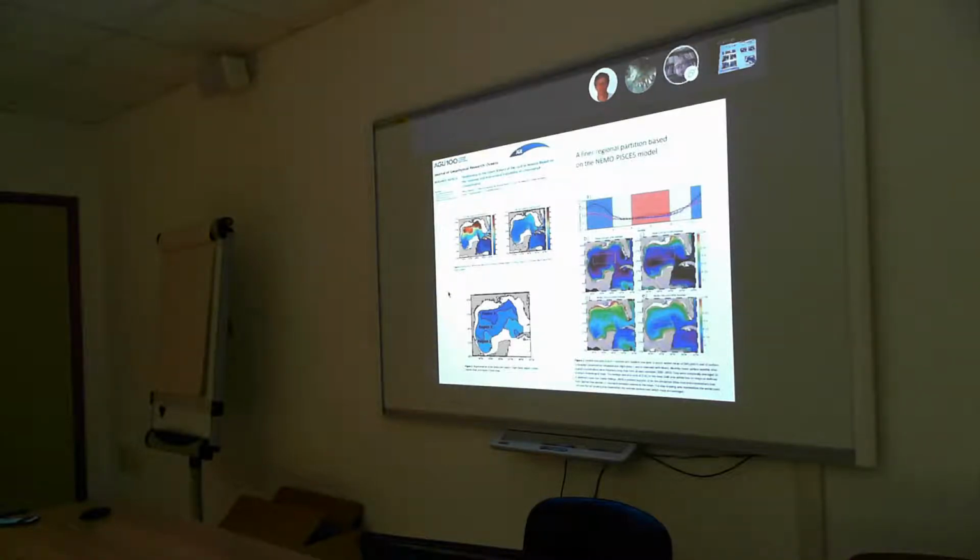The figure at the top is the surface chlorophyll content time series, and you see in blue is the model, in red are the observations, and you see again that in winter the model is overestimating surface chlorophyll concentration. But what we found from the analysis of the model is that this picture of the Gulf of Mexico as a broad system where integrated chlorophyll can change during the year